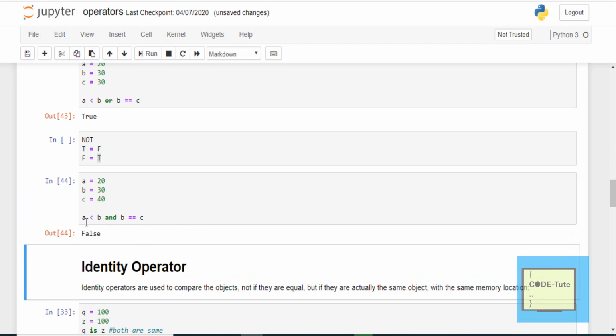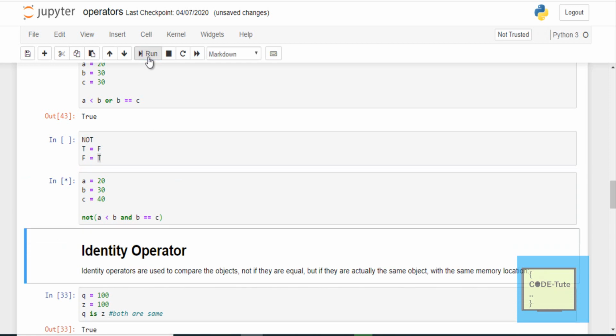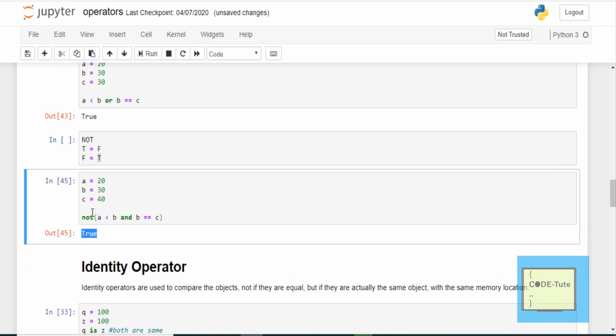The output is false. In case you want to reverse the truth value, then you can use the not operator. Now let's run this. True. So you will get the complement of a variable.